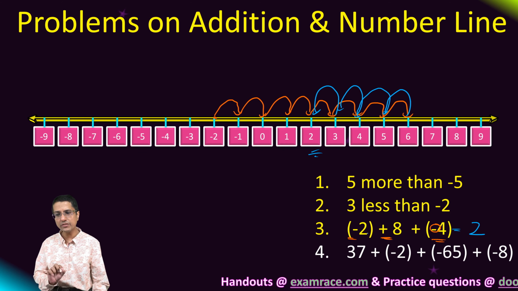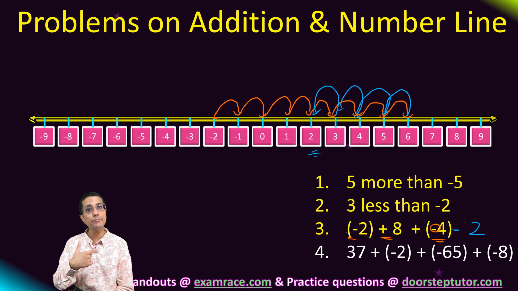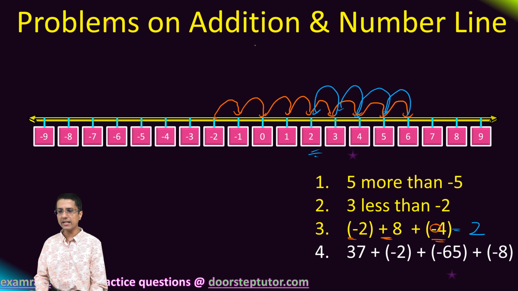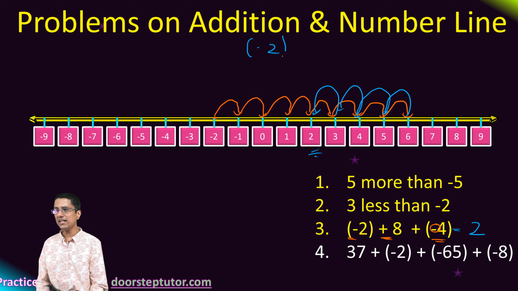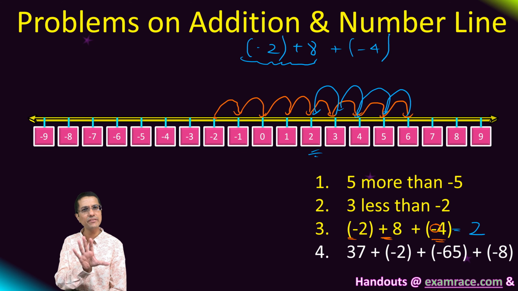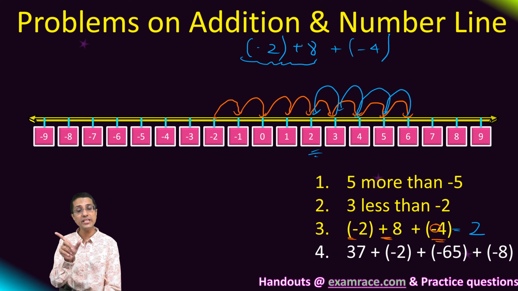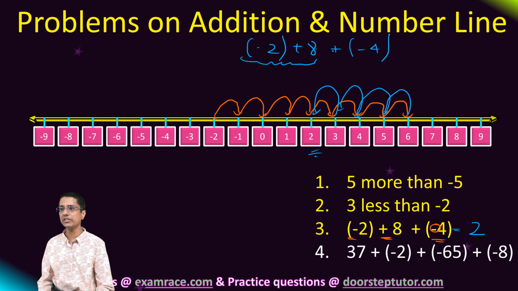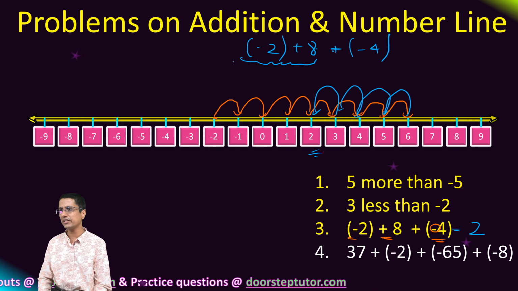Very simple. Now we can solve the same problem by just using the properties, just by using the addition without using the number line itself. So how would we do that? First I'll do -2 plus 8 and then plus -4. So first I do this addition. I can do whichever addition I want first, because addition happens to be associative. So I can associate this 8 with this plus or this plus. I just chose it with the first one because that is more natural.